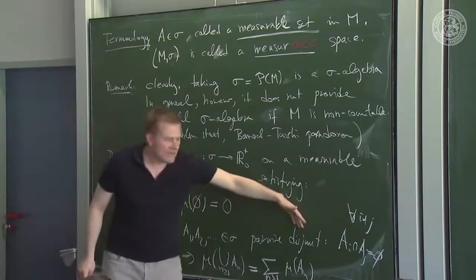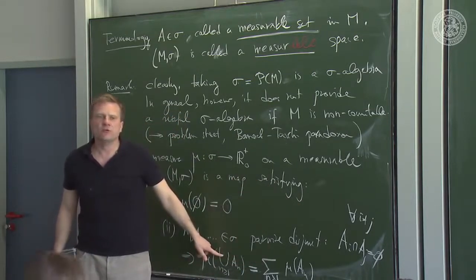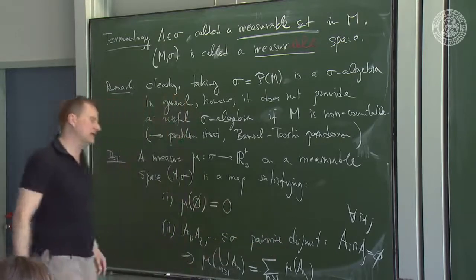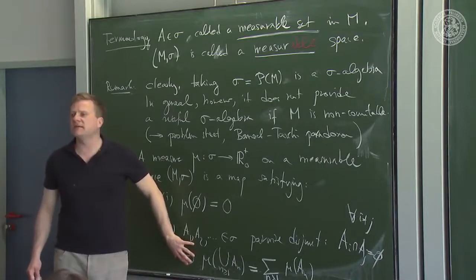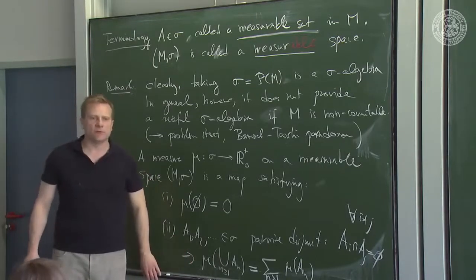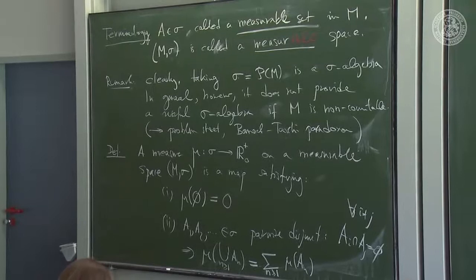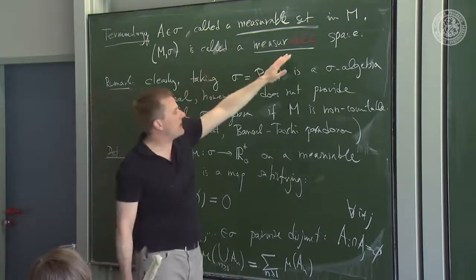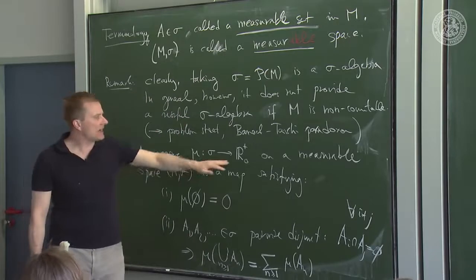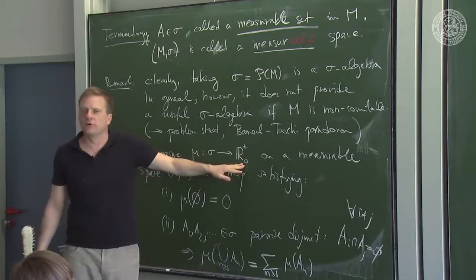And if they were not pairwise disjoint, then of course here you would have a double counting that is eliminated here by the union. So hence here we need this pairwise disjoint condition. And this property is often called sigma additivity, but it's rather reasonable. Could call it a reasonable condition, right? So that's a measure, and so you see the whole raison d'être for a measurable space is that on it I can assign to each measurable set an actual number. You could call it the volume of that set.